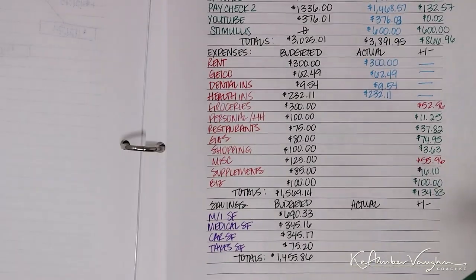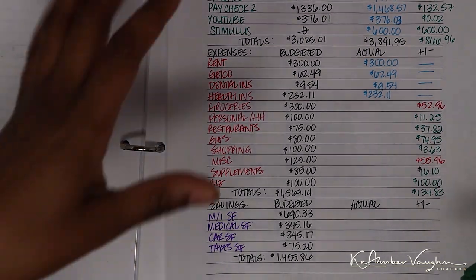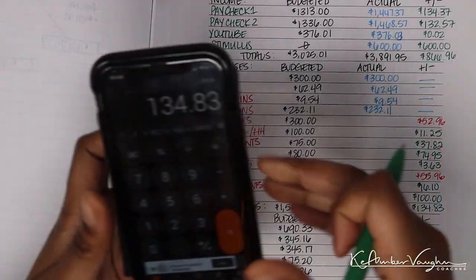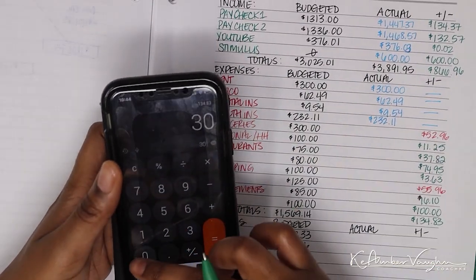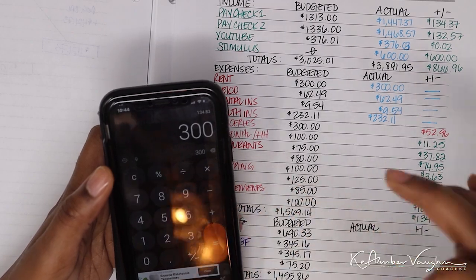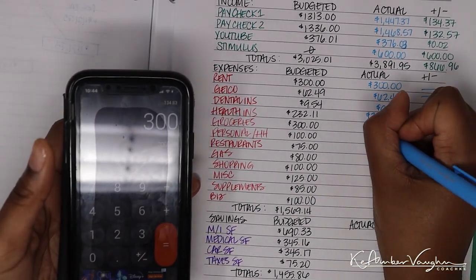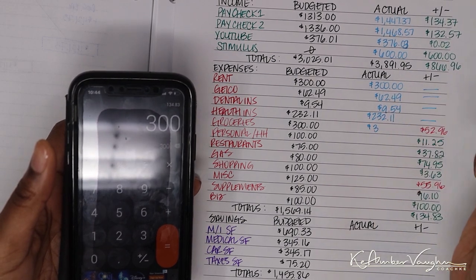So the numbers check out. Now let me go ahead and do my actuals, and then I'll show you guys how much money I saved, which I'm still gonna do on a monthly basis, even though I'm not dedicating a video anymore to updating you guys on what's in my savings. So the actual for groceries is